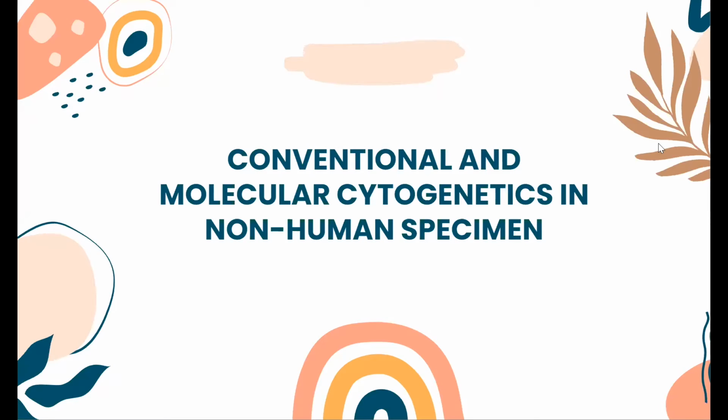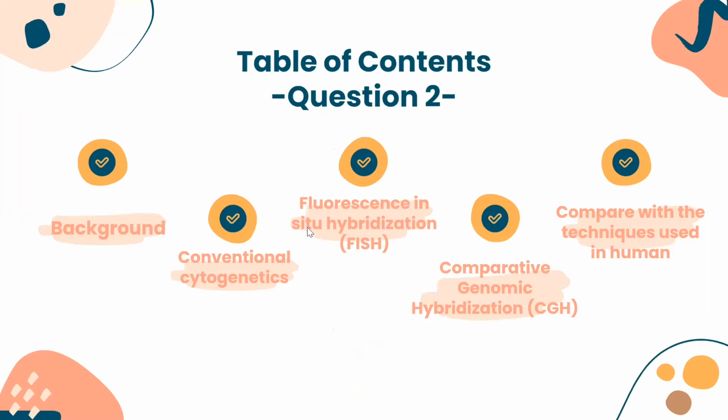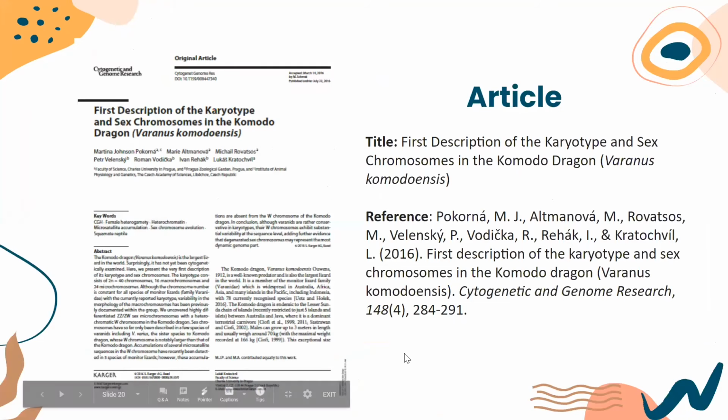Okay, next is conventional and molecular cytogenetics in non-human specimens. Next, the table of contents. The first one is background, and then conventional cytogenetics, FISH, CGH, and the comparison. As for the background,